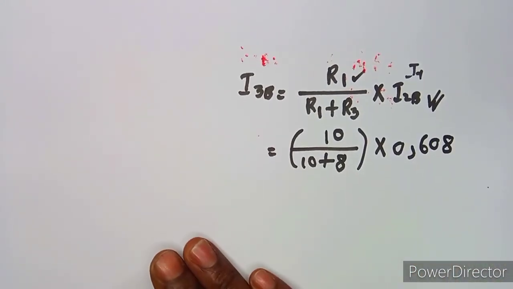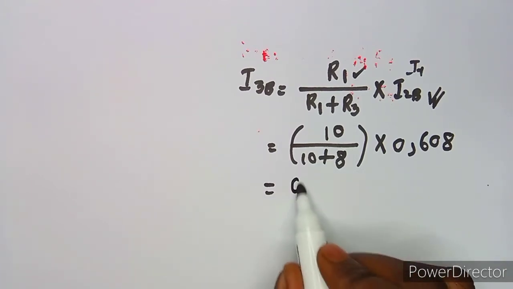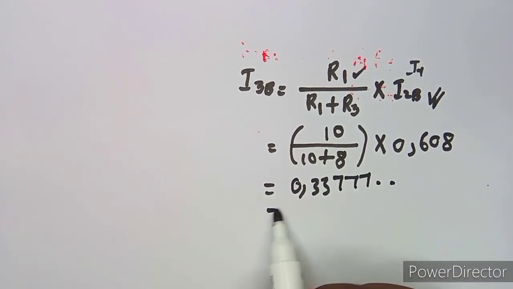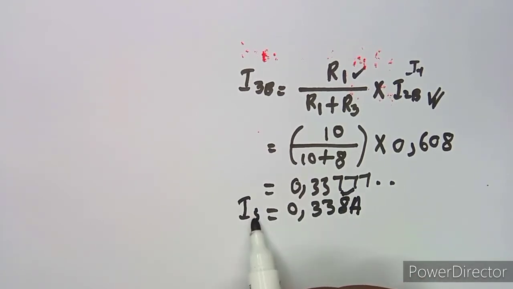All right, so if we apply our calculator properly, we are going to obtain 0.33777 and so forth, which is 0.338 amps. All right,